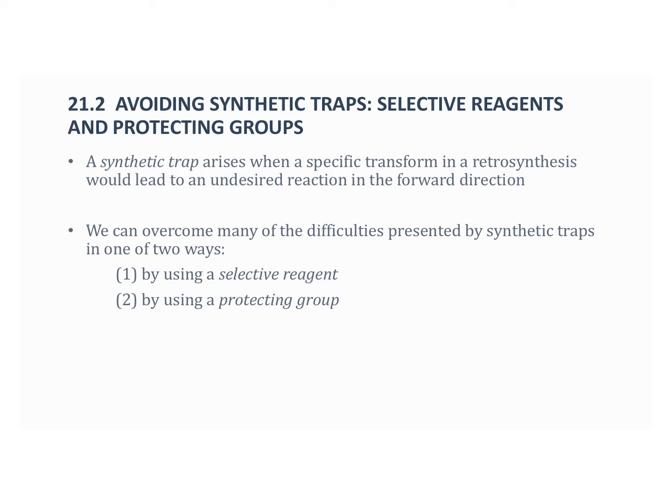Now, I want to revisit synthetic traps for just a moment. We saw synthetic traps initially in chapter 11. And just as a review, we see synthetic traps when a specific transform in a retrosynthesis would lead to an undesired reaction in the forward direction. In general, synthetic traps arise when a functional group we want to leave alone is